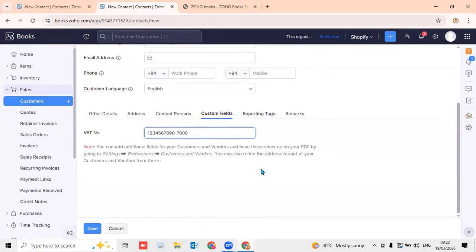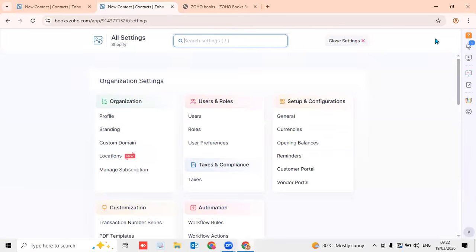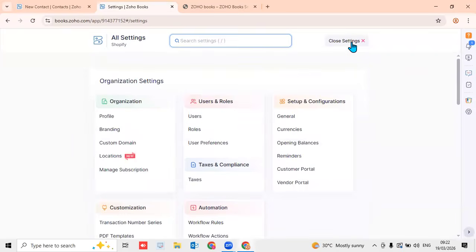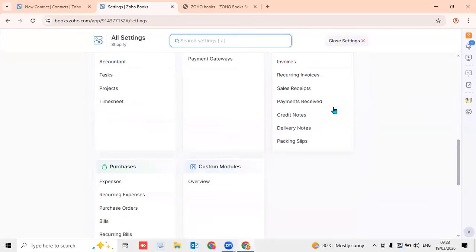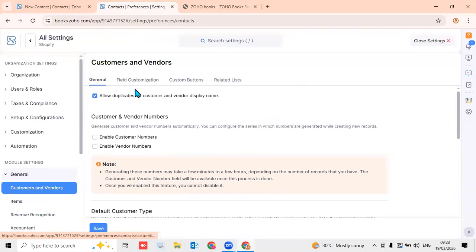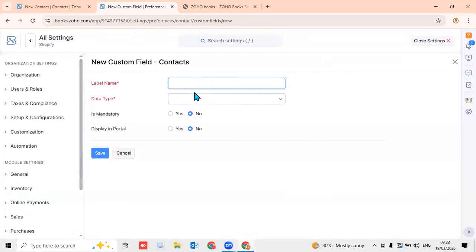Right. We will create another custom field. We will create customer birthday. So here you can go to settings. Under general, select customers and vendors. Go to field customization. Here we can add a new custom field. Here we will add the birthday